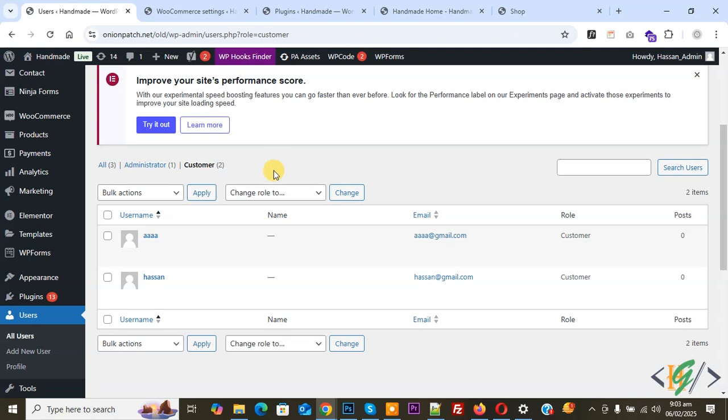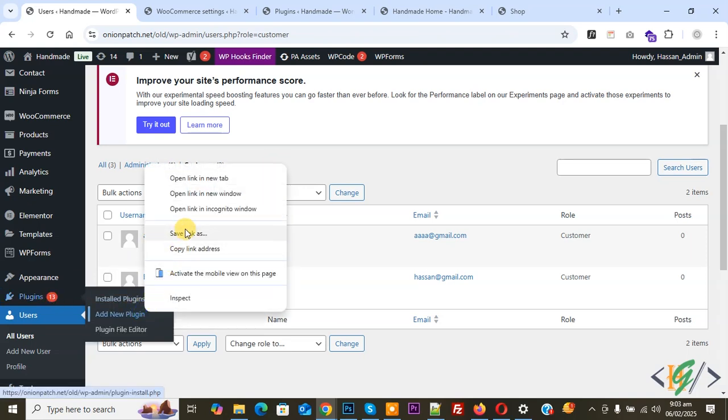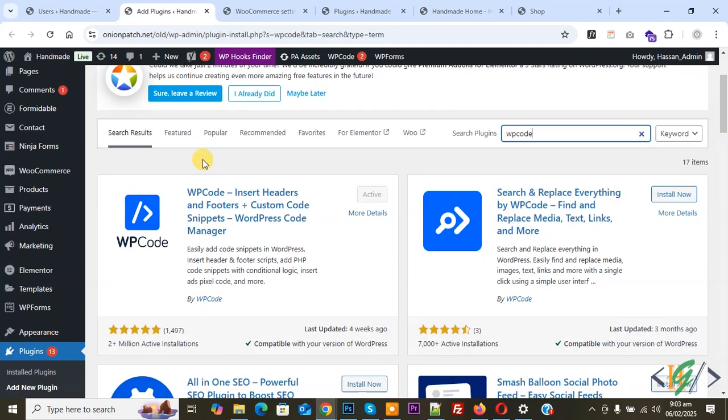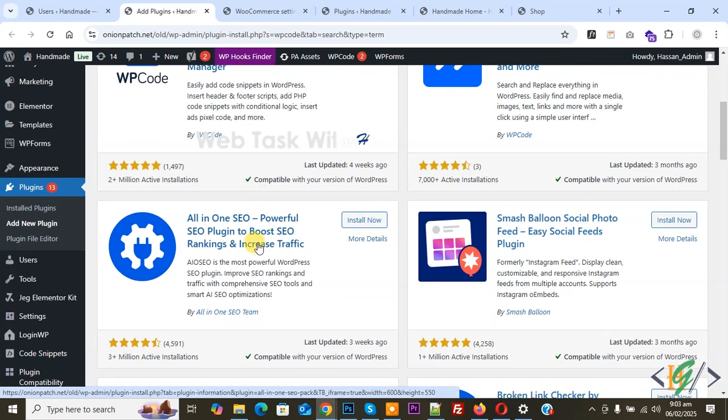On the left side you see plugins. Click on add new plugin. We are going to install a plugin to add some custom code. Then in the search plugin box write WPCode. So this is the plugin WPCode, Insert Headers and Footers, that we will use. You will install this plugin and activate it, and after activation on the left side you see code snippets and